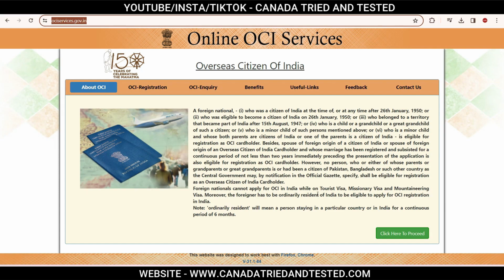Now we come to the filling up of the application. Here I'll show you how you can fill up your application online. This is the website, ociservices.gov.in. This is the website where you have to go and fill the application online. Only online is available. You have to apply online. And once the application is done, you take the printout of the application, then you add documents along with this, and send